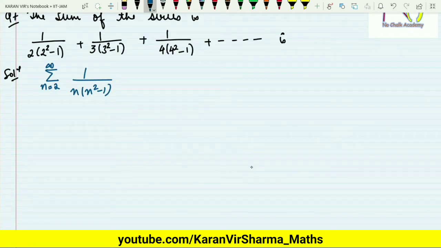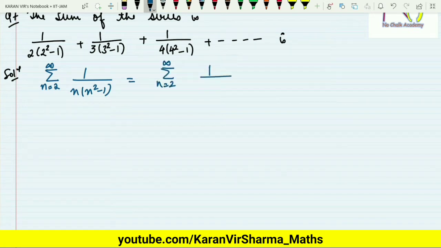If we observe, this series is nothing but summation n running from 2 to infinity 1 upon n into n square minus 1. You can substitute the value of n equals 2, so you will get the first term, that is 1 upon 2 into 2 square minus 1. Similarly, when you put n equals 3, you will get this term and so on. So you can write this series as